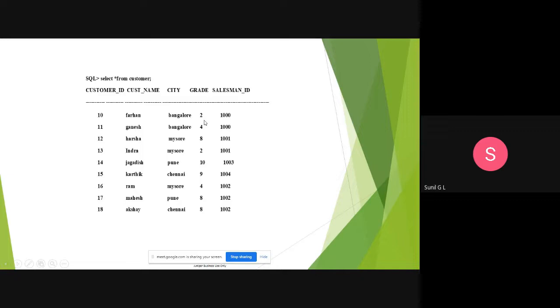So it means we need to find the customers, so we need to find the count where the grade is greater than or equal to 3. Okay, so we need to count the customers whose grade should be greater than the Bangalore average. For that, we need to count the customers. The customer details, the customer ID, will be available in the customer table.